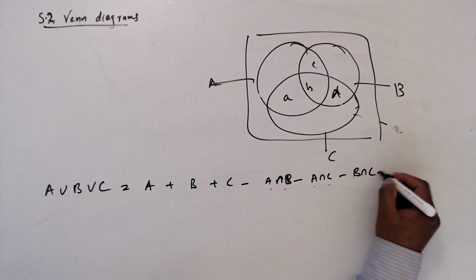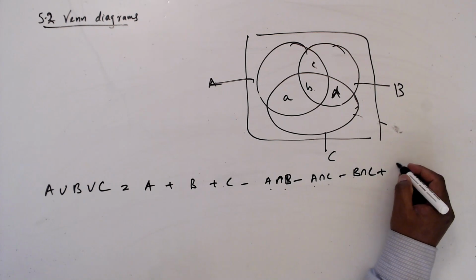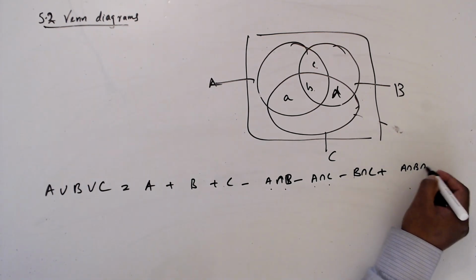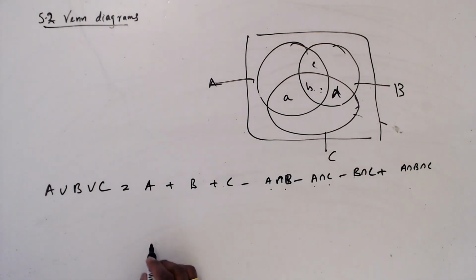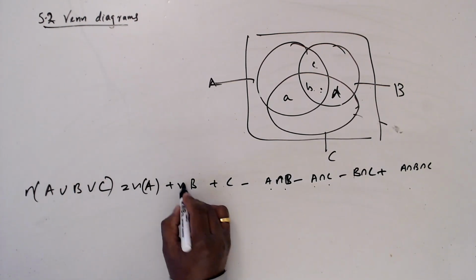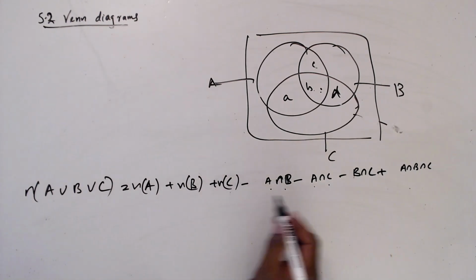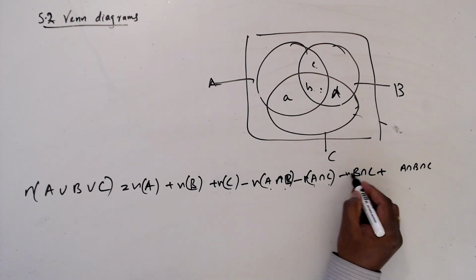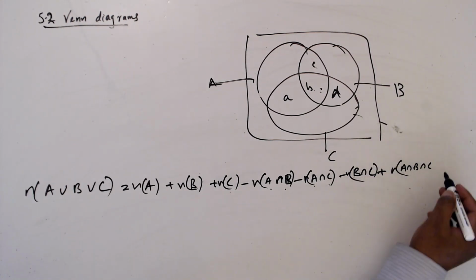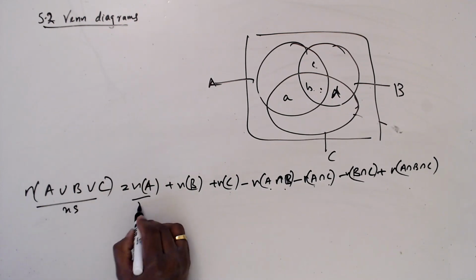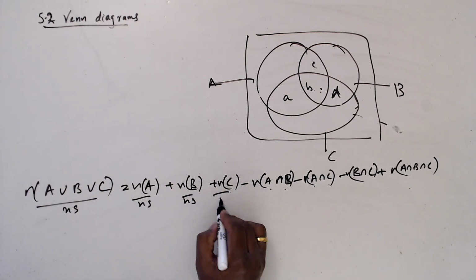So because of that, I had to add one more B. It means A intersection B intersection C, this area. So when it comes to N(A), N(C), N(A intersection B), minus N(A), and N(A intersection B). And when we divide by N, everything, the whole total number,